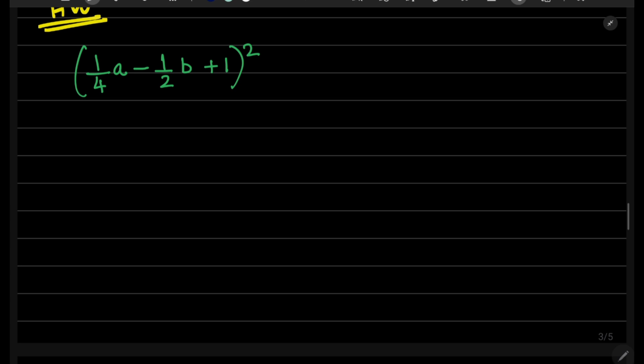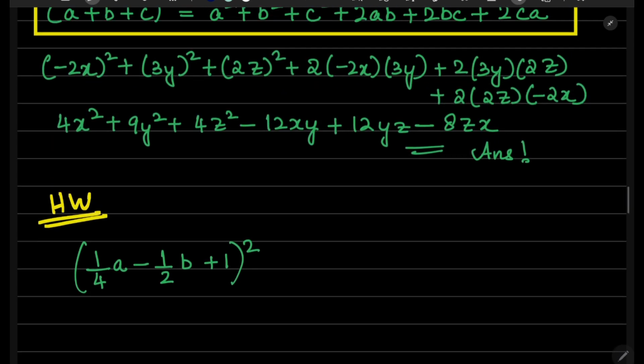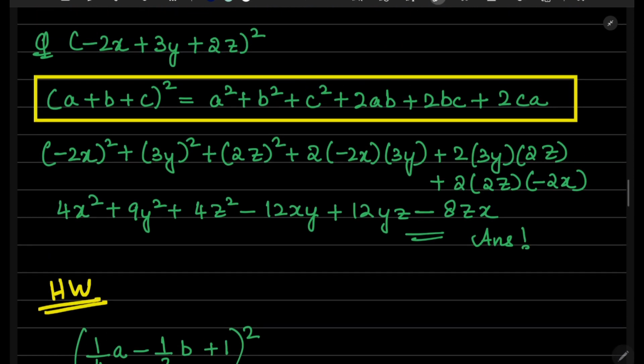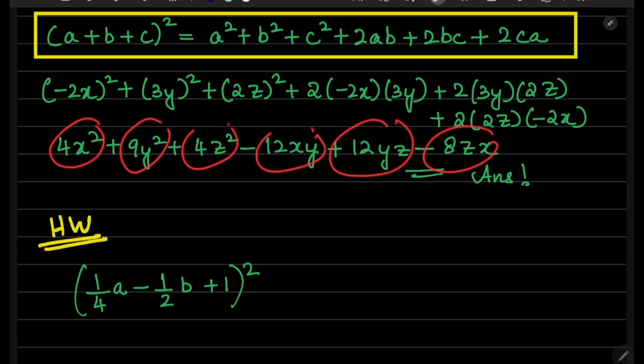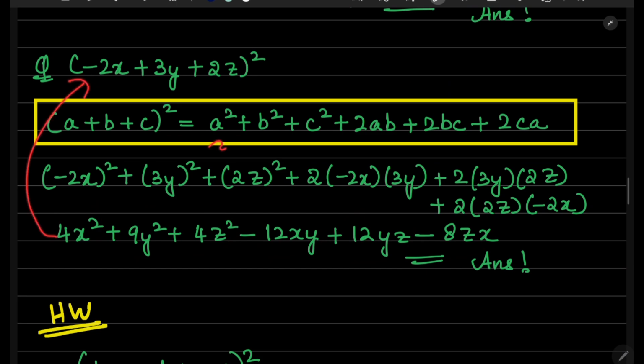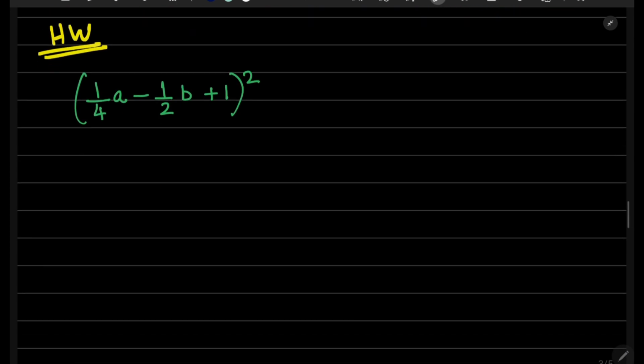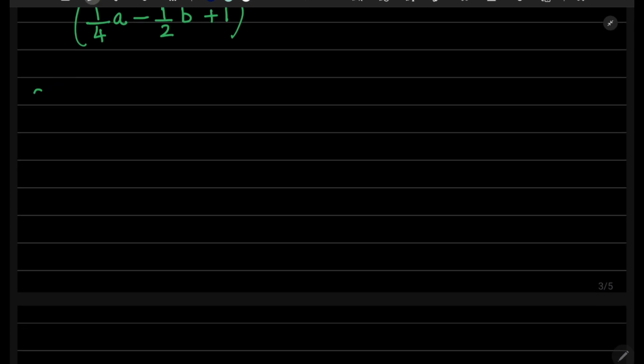The other type of question is, so here you were given in the compressed form, shorter form, right? Compressed form, you were expanding it. Suppose your question is this. You have to quickly identify, oh, it is in the form of a square plus b square plus c square plus 2ab plus 2bc plus 2ca. So the compressed form would be this. You will be given your RHS, you will be asked your LHS. So let us do two questions based on that. Question is,